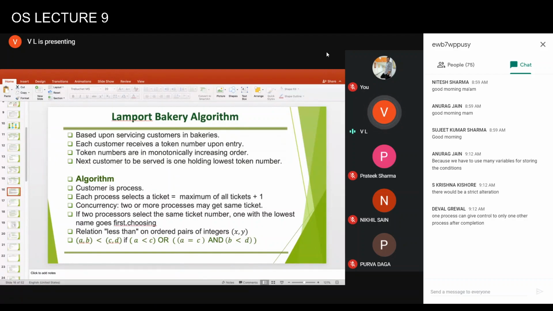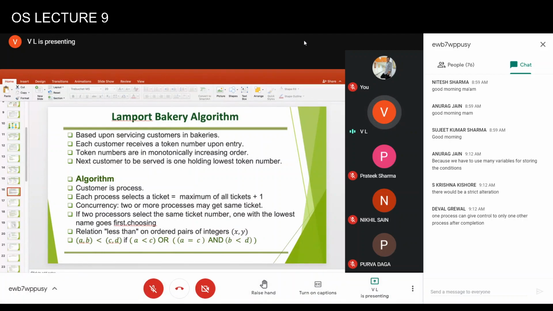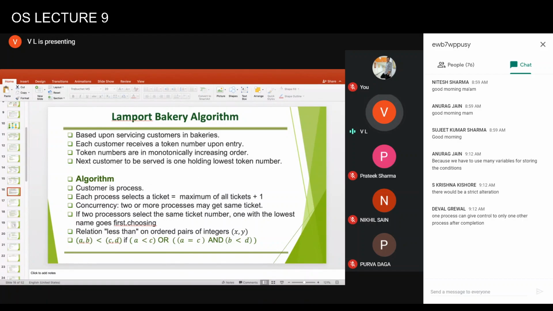Before the ticket assignment, every process will set a variable telling whether it wants a ticket or not. Whenever a process wants a ticket, it will check whether the other processes want a ticket or not, and if they do, what their ticket numbers were. It finds the maximum of those ticket numbers, increments it by 1, and assigns it to itself. Then it says that it is no longer part of the selection process. So every process indicates that it wants a ticket by setting a variable equal to true, gets a ticket, and then sets that variable equal to false, so the other processes know whether there are other processes in the ticket assignment mode or not.